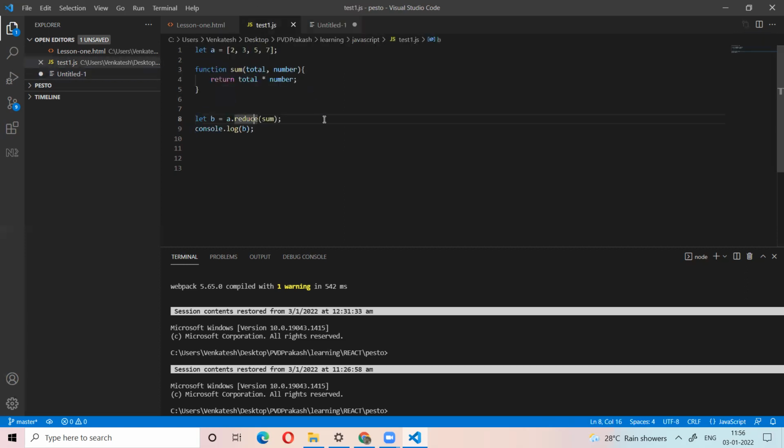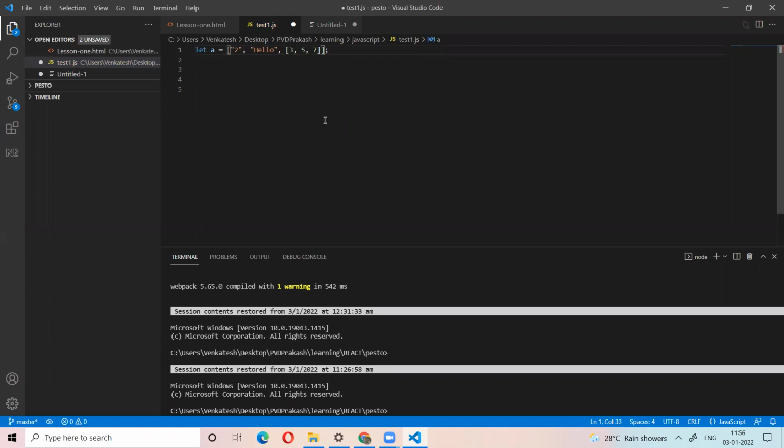Let's see. Okay. I will tell one interesting topic. Nowadays in Angular and React, most probably they are working on an array of objects. What is called an array of objects? See, if it is an array, it is not only numbers, it can also be strings, right? So an element of an array is not only a number, it can be a string also. It can be an array also.